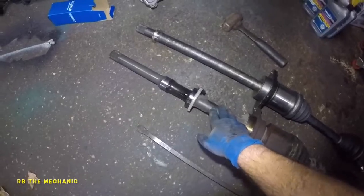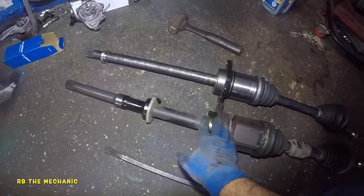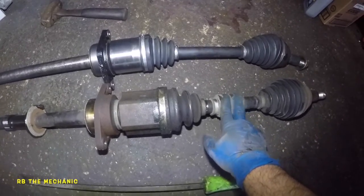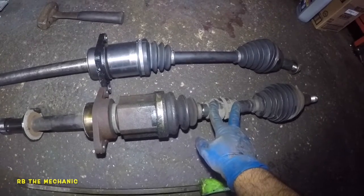And I was gonna bang that off, but there's no point in banging that off because this axle is totally different, okay? So you do need to pay attention to the parts that you purchase, okay? It's a big difference in this axle and that axle. Even this little guy plays a big role. If you buy this stuff from the dealer, this little guy right here, this little guy,